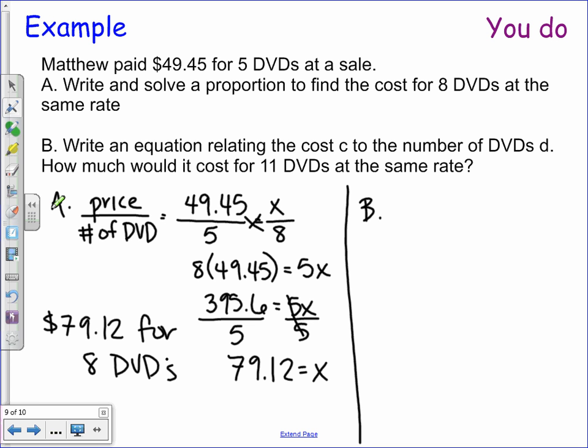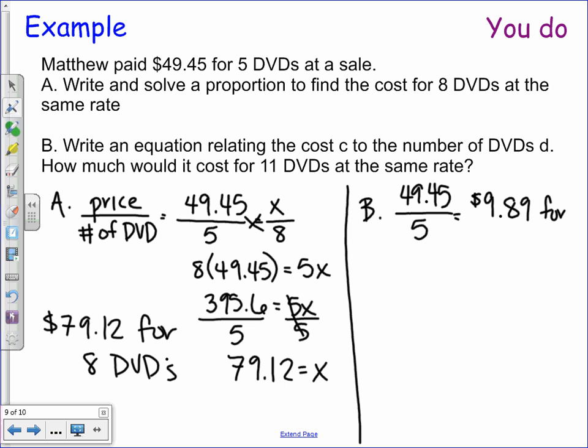All right, so then we're going to do B. Set up an equation. First of all, I need to find the unit rate, how much it would cost for 1 DVD. So that's going to be $49.45 for 5 DVDs, right? I know that. That was given to me in my problem. So I'm going to try and find out how much it is for 1. And when I divide those, that's